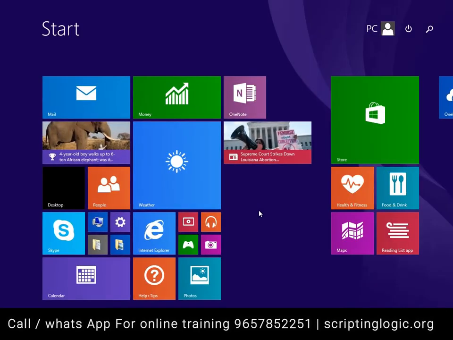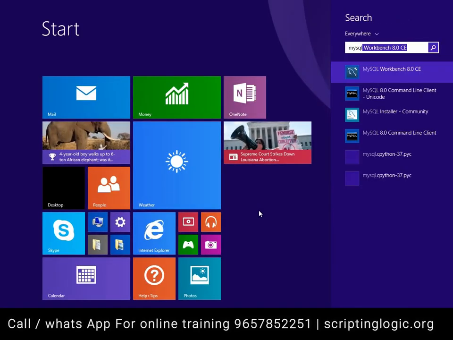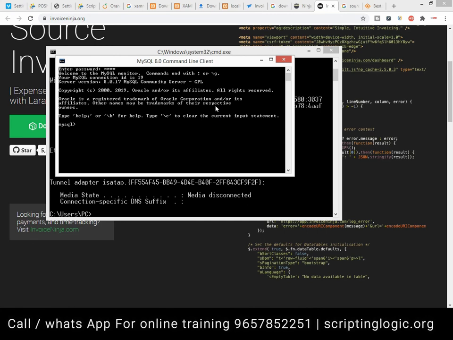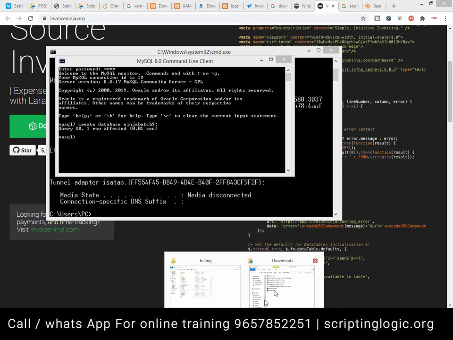So go to MySQL as root, and create a database, let's say Ninja batch 9. Okay, the database is created.